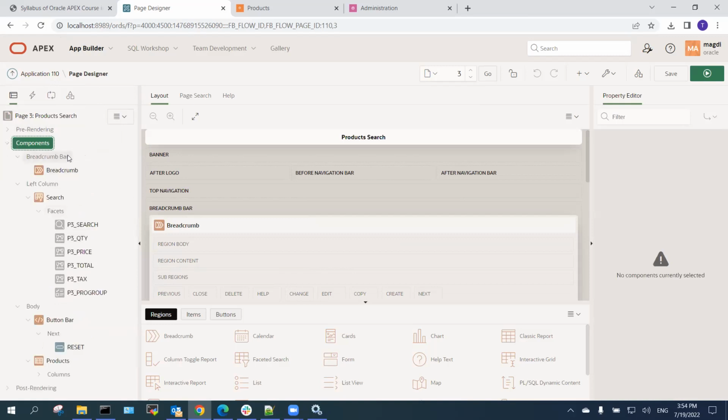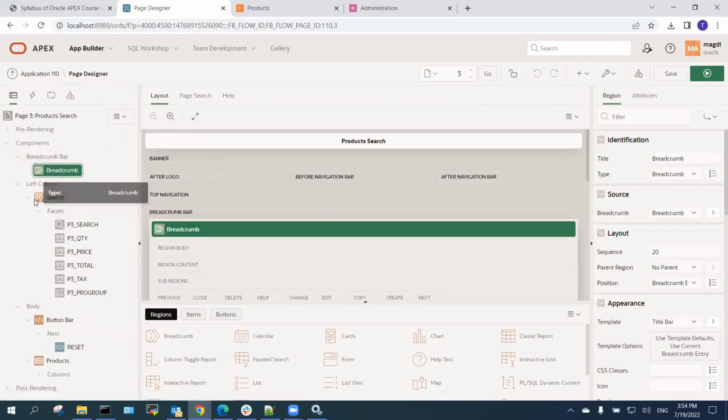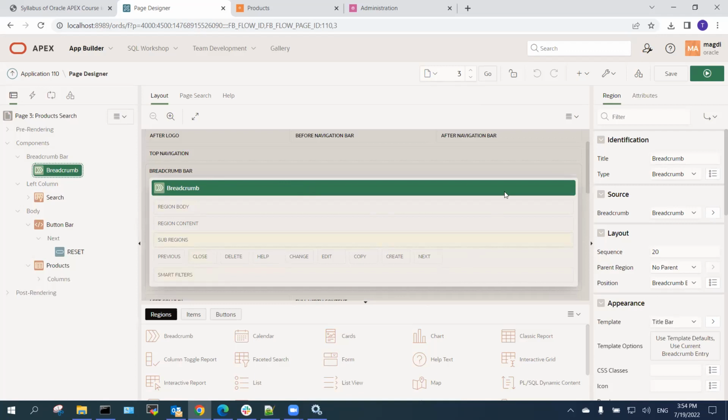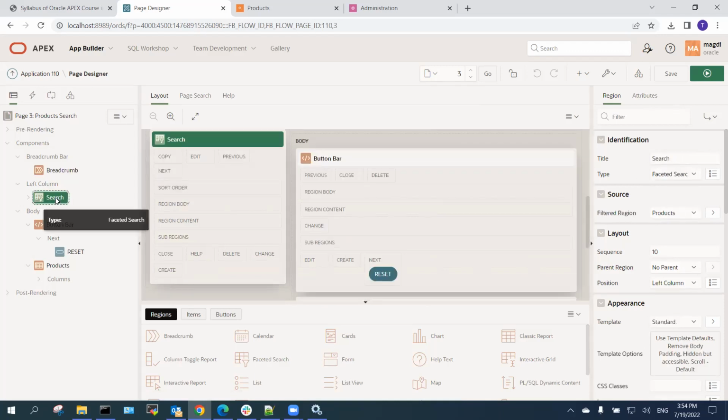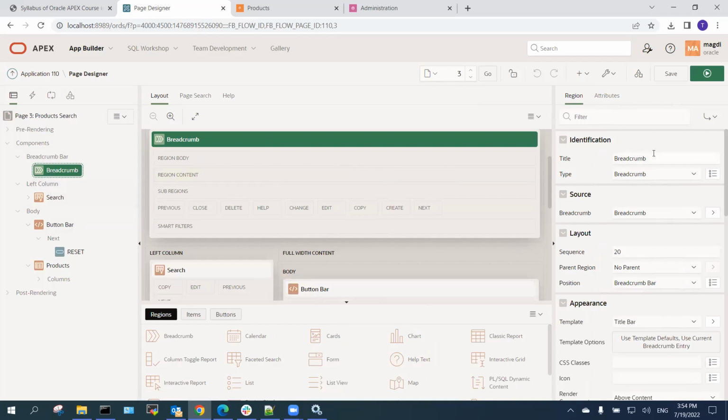So in this component, you have to look, okay, for layout. Beside this is something called property editor. Any component you just selected here, you should see highlighted here in layout, and you should see some different properties for each component. Once you select search, you will see so many attributes here for this region. Select breadcrumb, which is a different region. You should see something on the right side here